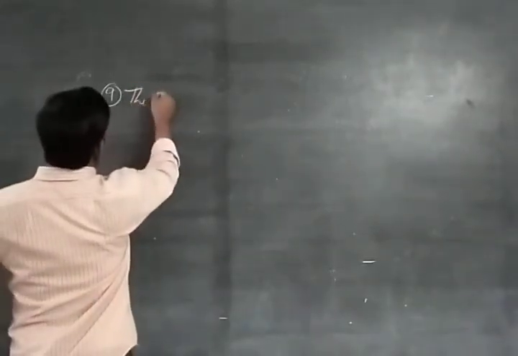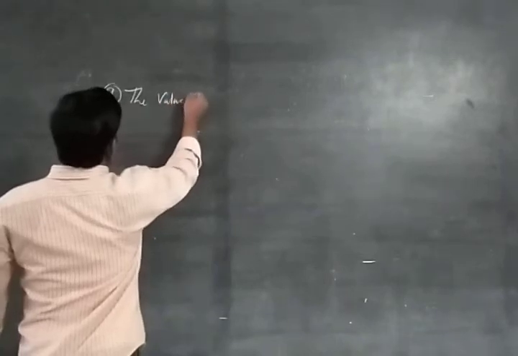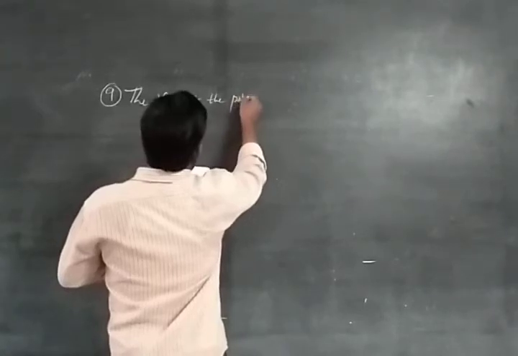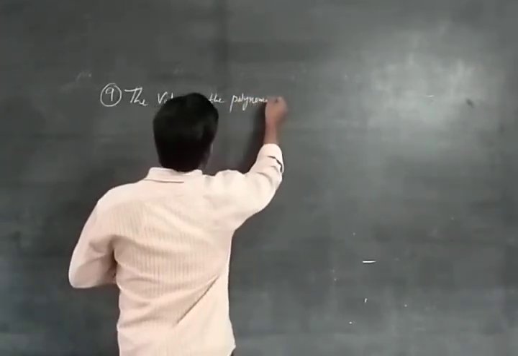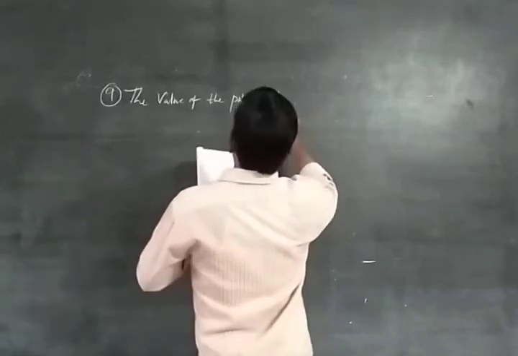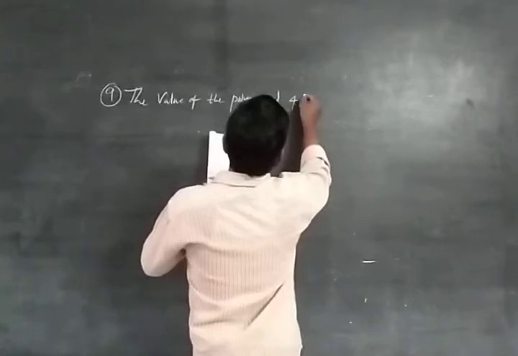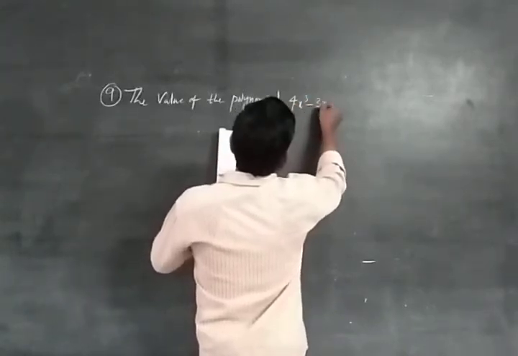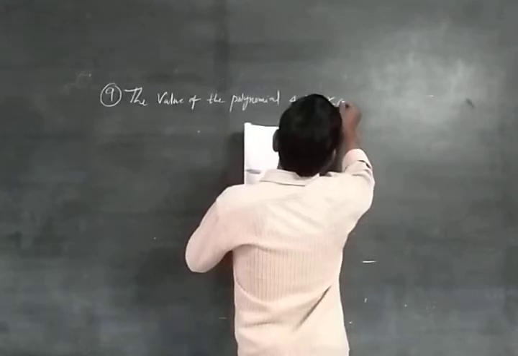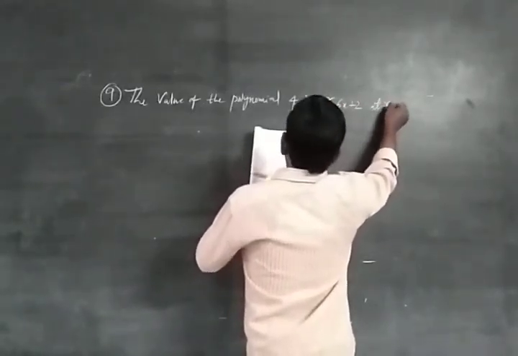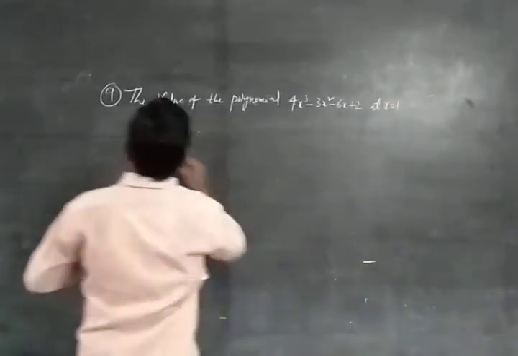So the value of the polynomial 4x cube minus 3x square minus 6x plus 2 at x equal to 1 is